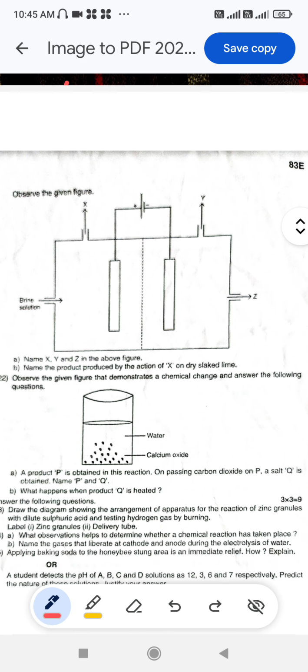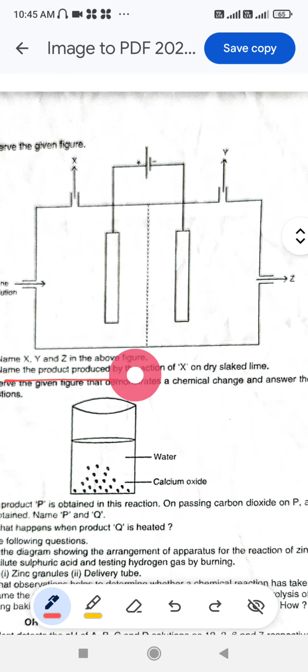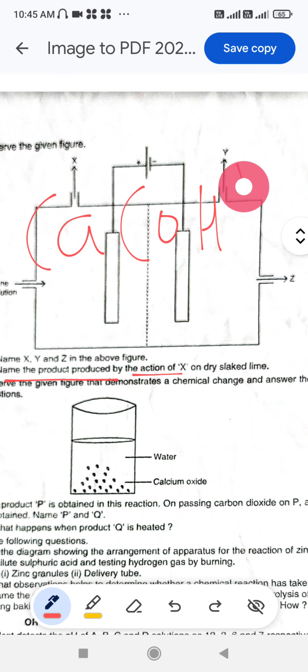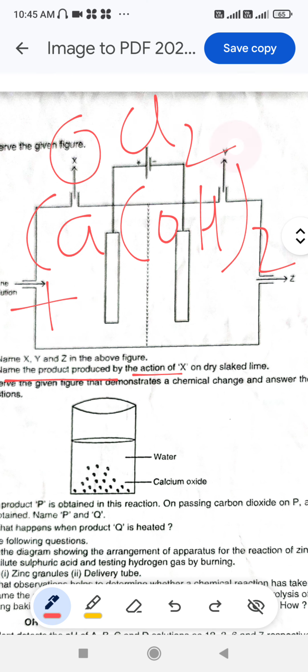Next question is: name the product produced by the action of X on dry slaked lime. Here we already know that X is chlorine. So what is the action of X on dry slaked lime? Dry slaked lime means Ca(OH)2, correct? It is dry slaked lime, and X is passed over it. X, as we have learned here, is chlorine gas, right? So after these two react, they will produce